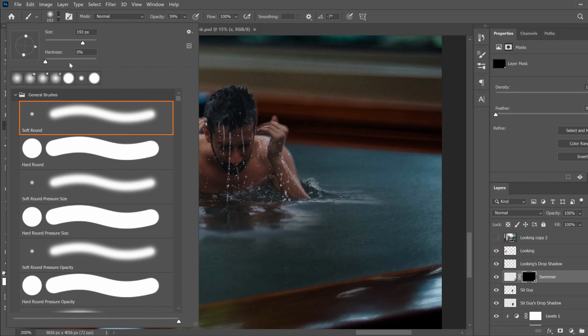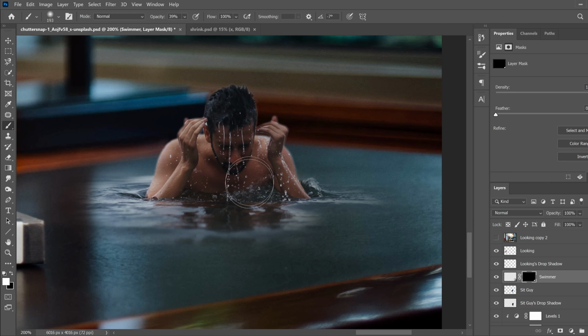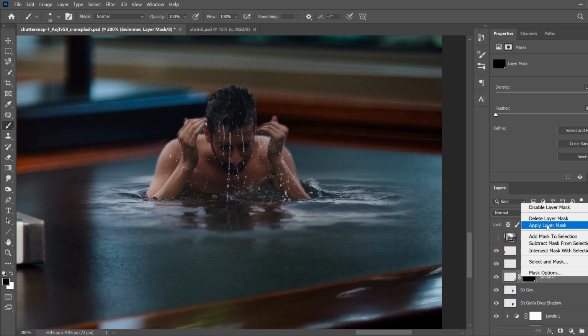And because your brush is so blurry, it's going to make a kind of nice transition out to where the water transitions into the table. So even something like that, you can go back if you need to, go back to black and maybe even eliminate a little bit some of the edge that you just added in to soften it up even more. So, do whatever touch-ups you need to, and then we'll go over here, right click and apply the layer